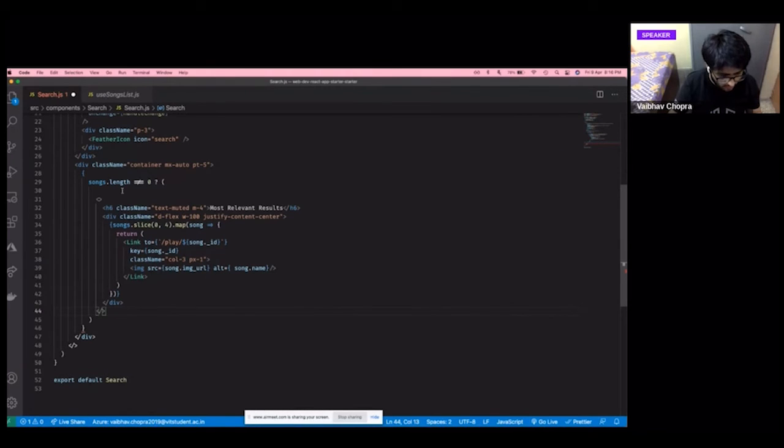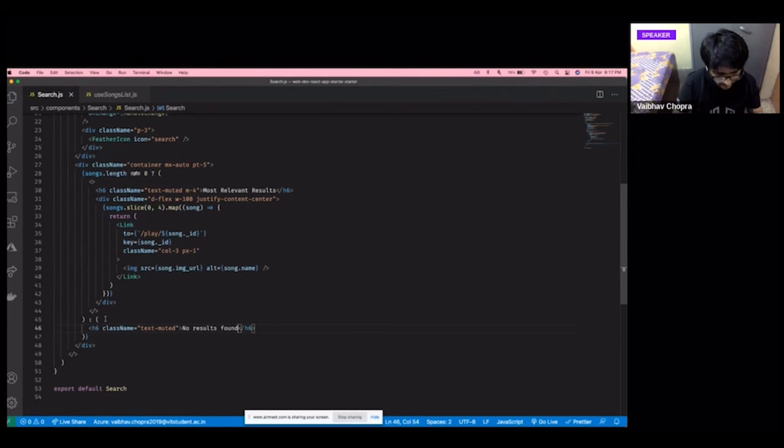But what happens if there's actually zero? There is no logic that we have defined for that, right? So in that, if you remember ternary operations, you represent the alternate with this, and here you will return something, like what would happen should I not have anything to give you. So here I'll just put a h6. H6 is a small heading, and here again the text class name would be text muted because I want gray text instead of white text. And here I'll say no results found.